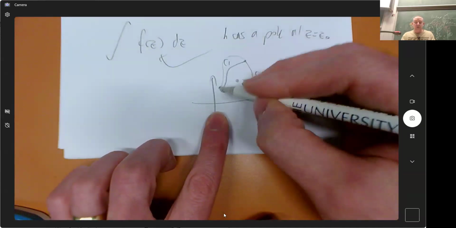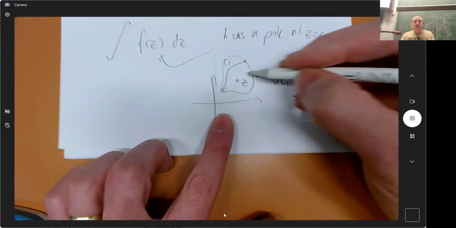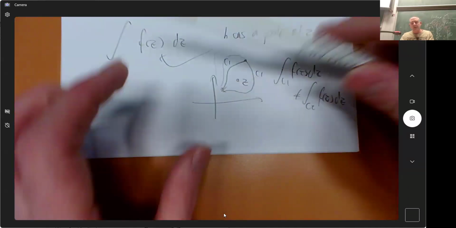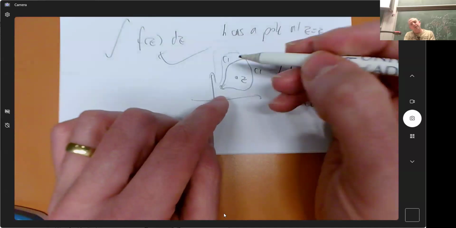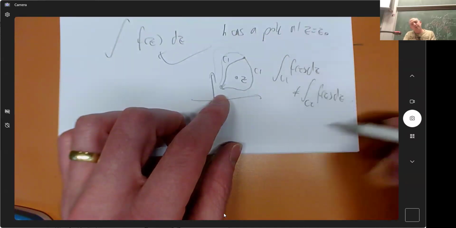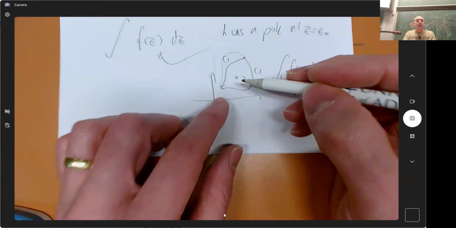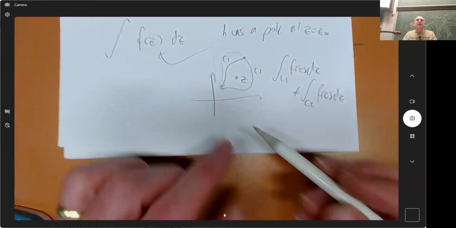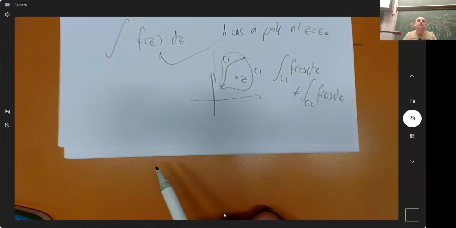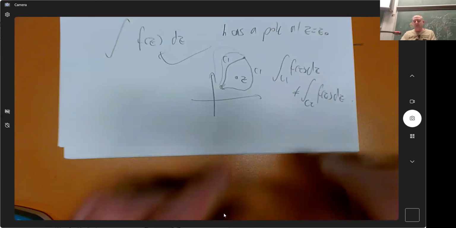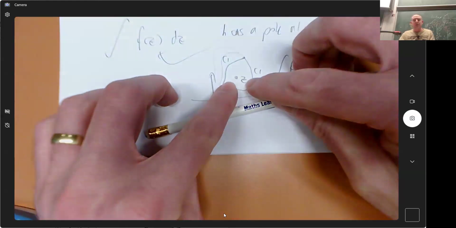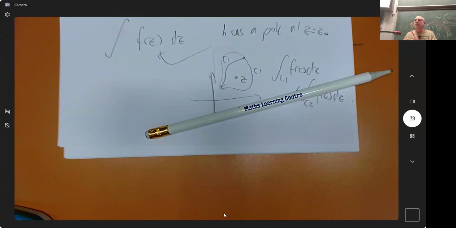But if I did these ones, they'll all be the same. And these ones will all be the same. But if it goes around the opposite side, it will get a different answer. So if you have to move this curve through that point to get from one to the other, they won't be the same answer generally.